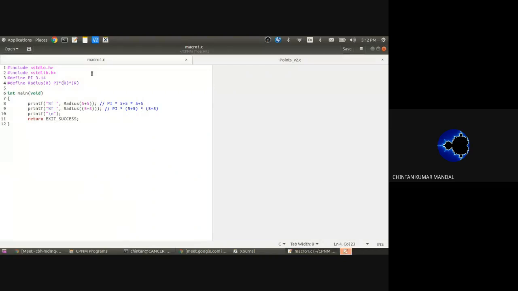Okay, so let's do one thing. So this is basically radius underscore 1, then Control V, radius underscore 2, where this is in brackets. Okay, now I'm going to